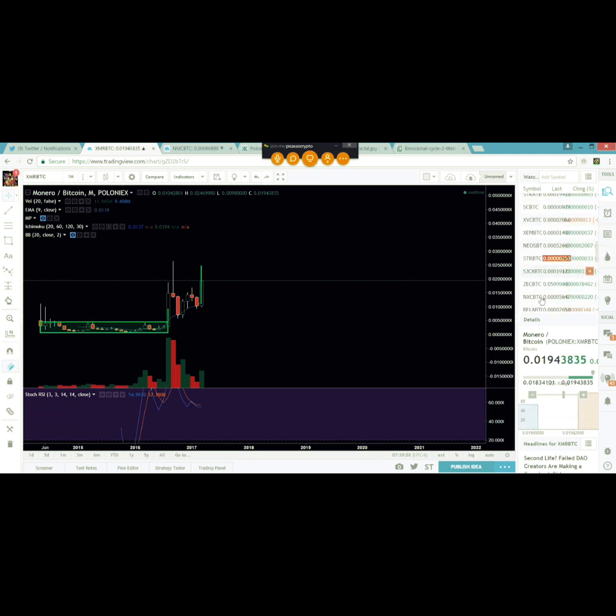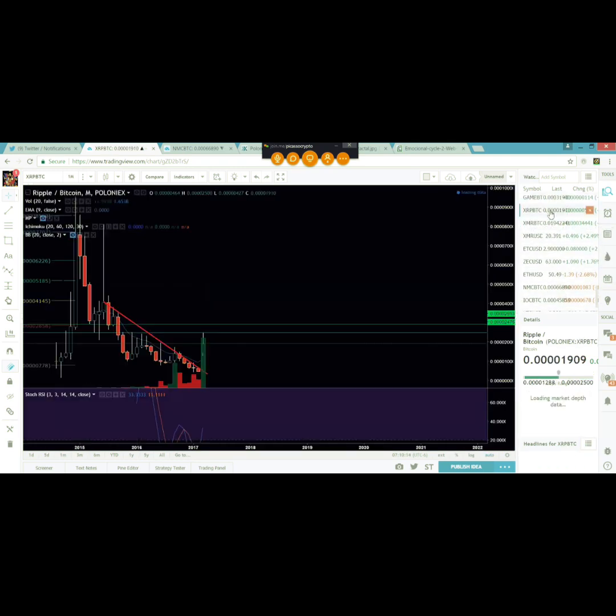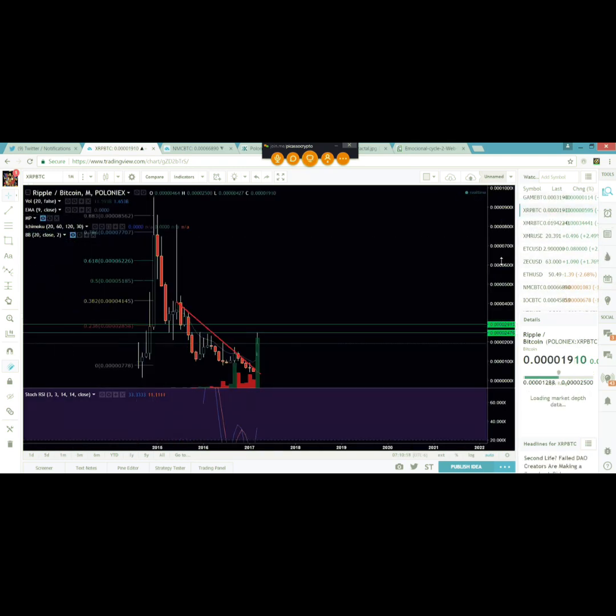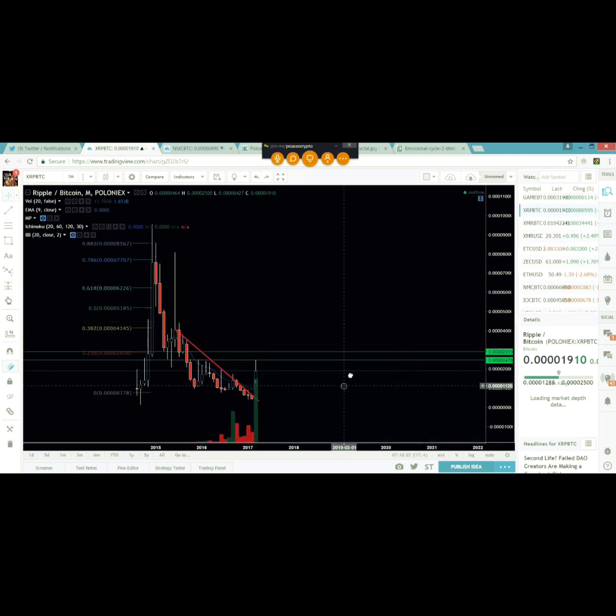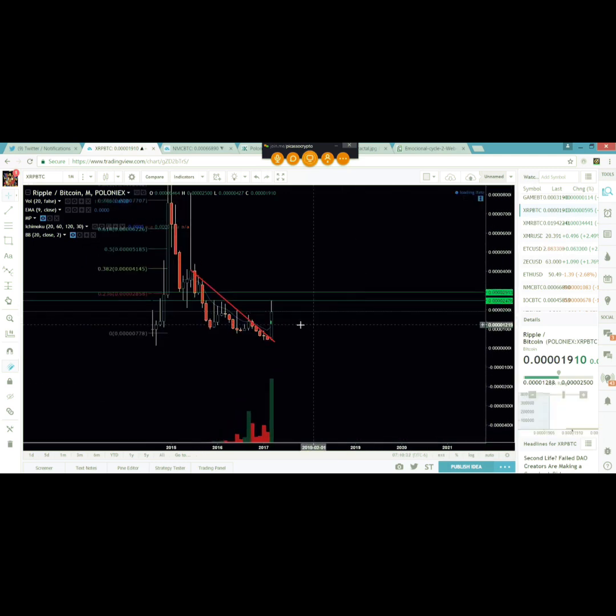All right, where is XRP? It's right in here somewhere. Sorry, I have it in here. Right here. Okay. Now, this is the monthly chart for XRP, guys. Let's just start real quick by looking at the market cycle that it broke. Now, this is a good example of how understanding Elliott wave theory, you're going to kind of know what to look for. Okay, this is the same thing.